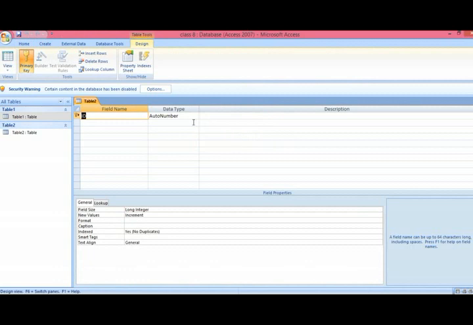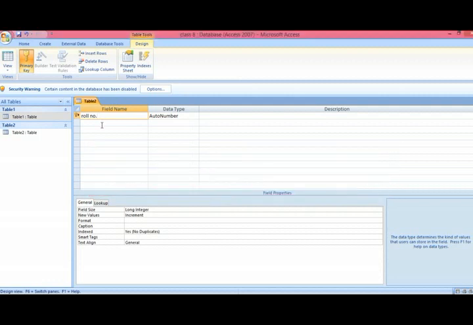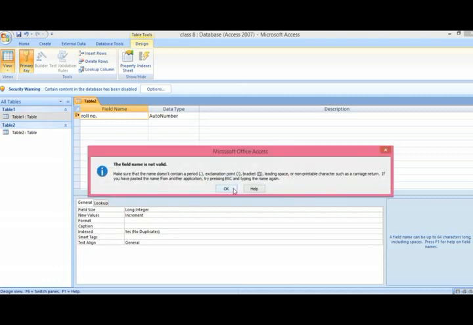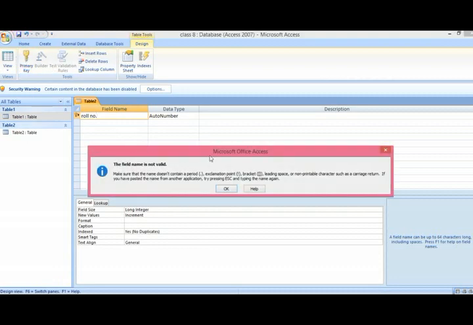In it you can define things, like I am writing here roll number, auto number is okay. Now next I have to decide a primary key.